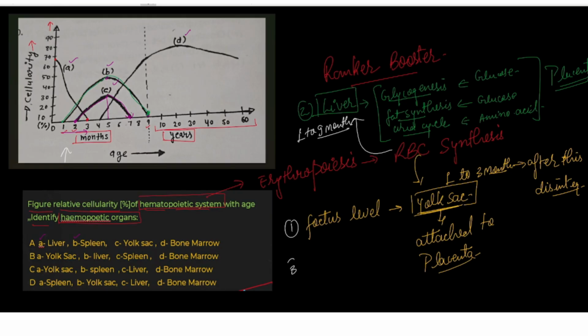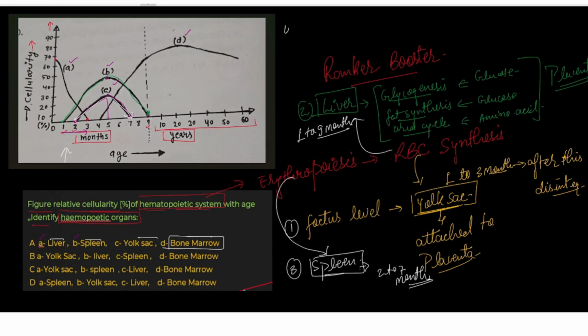Then the third one, in the sense from the second month till the 7th month given in this figure. So second to 7th month, here 4 only: liver, spleen, yolk sac and the bone marrow. Okay, bone marrow is not yet synthesized, so we cannot take the bone marrow in the initial. So what is remaining in this graph? That is the spleen. So spleen is responsible for the erythropoiesis. On the third number, from when to when? From the 2nd to 7th month. Okay, from 2nd to 7th month, spleen is responsible.